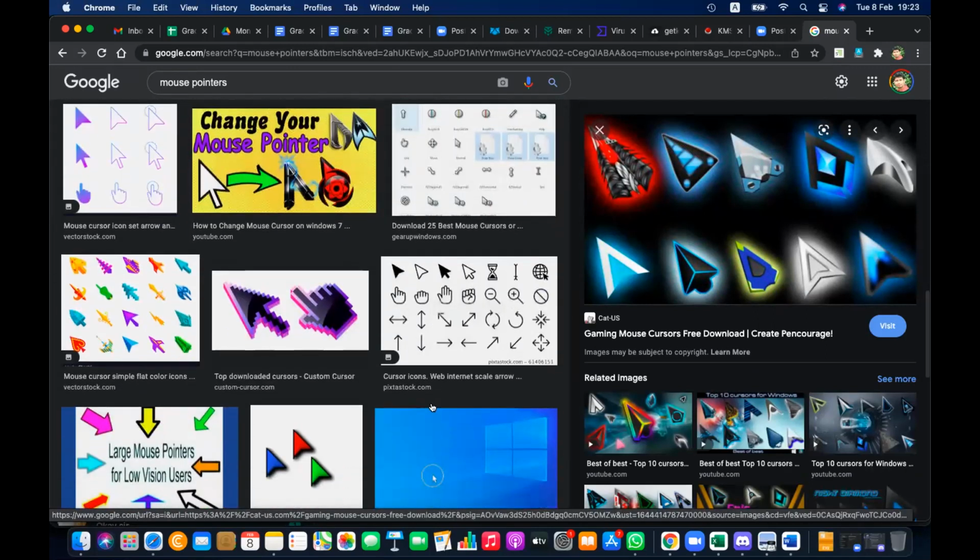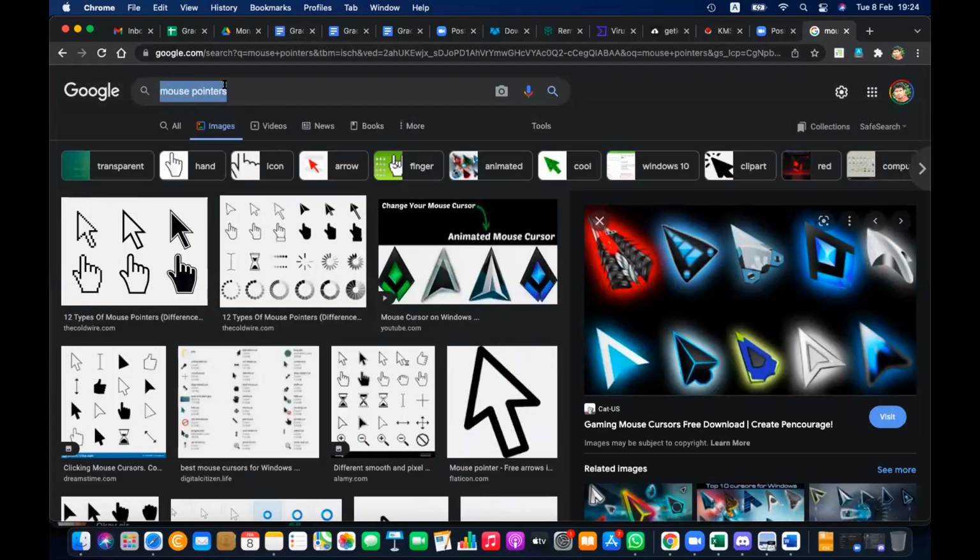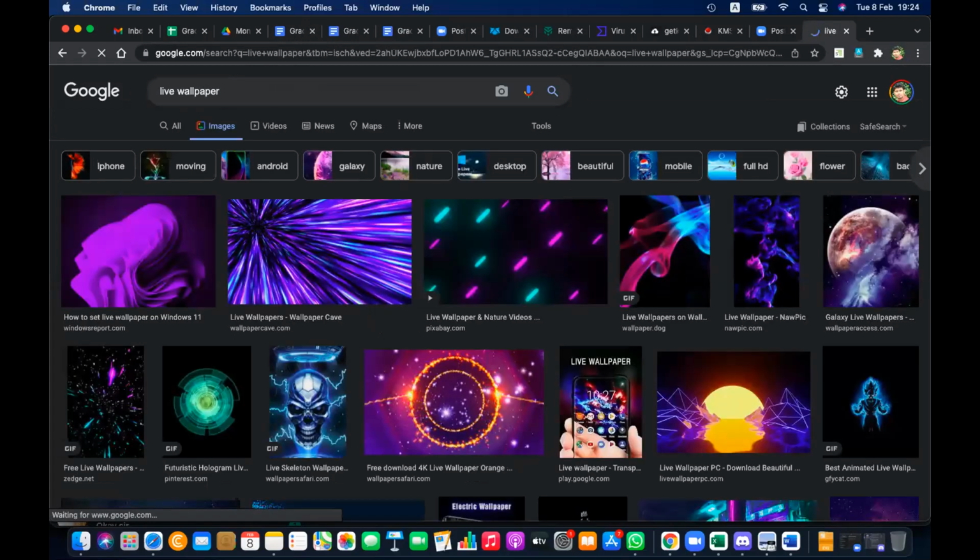You will understand that it will slow down your computer, and that is an unwanted thing. That's what I'm telling, right? When you become adults, when you grow up, you will understand that it is an unwanted, heavy thing that you are doing. So sometimes you put a live wallpaper. So your computer's desktop is a fish tank.